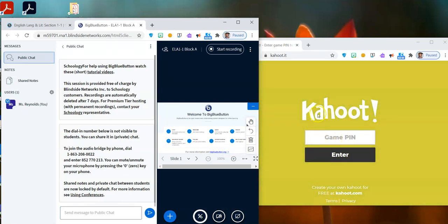So then that way my answers are registered based on the questions that I'm able to see in the conference screen. So as you can see, this is why having the two screens is very helpful, or having the two windows open is very helpful. I would also be able to do this for Boom Cards. And now to